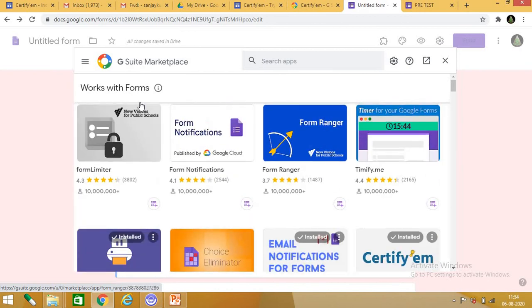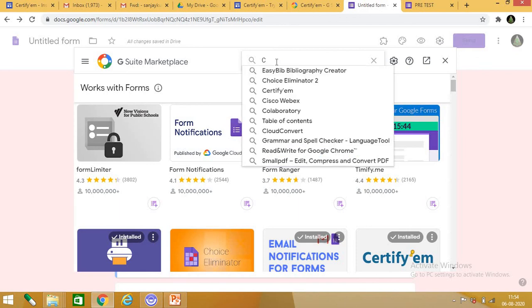These are my add-ons. Now I want my certificate add-on to be inserted here. So what will I do? Here is the G Suite Marketplace. G Suite has hundreds of apps like this.